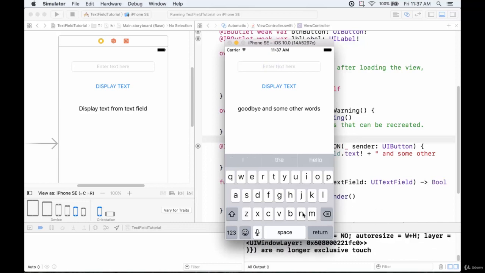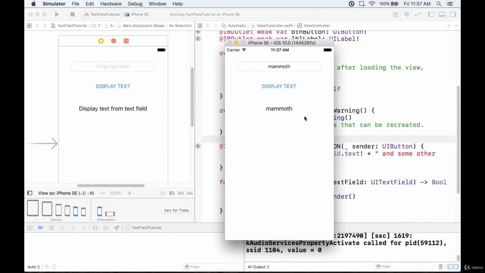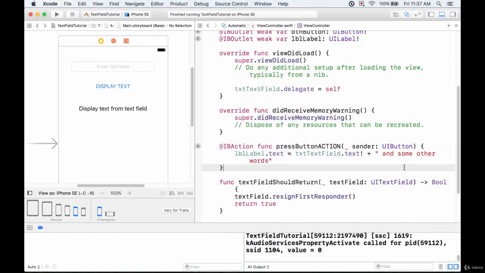So let's just say something like mammoth. And then we press return, and we get the text displayed there. Okay, so I'm just going to minimize this and stop running it. And there we go. So we've now seen two ways to accomplish the same task, and that's really the beauty